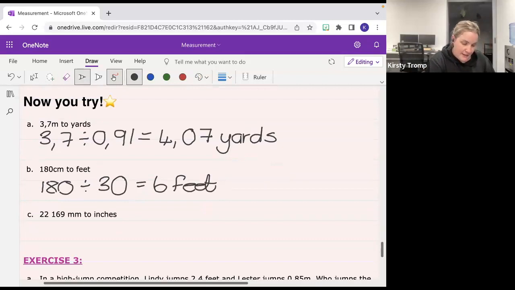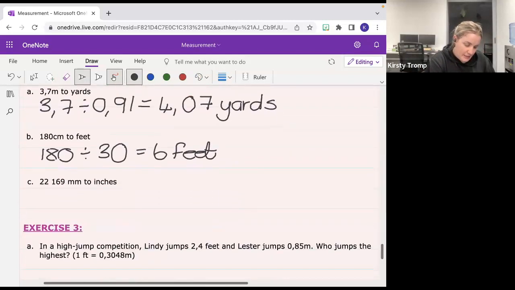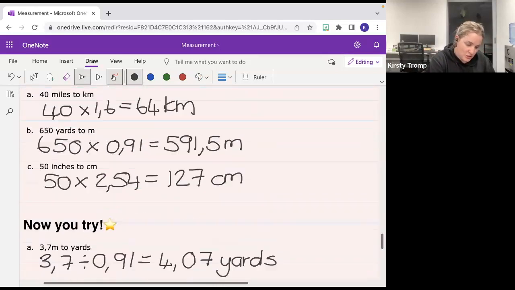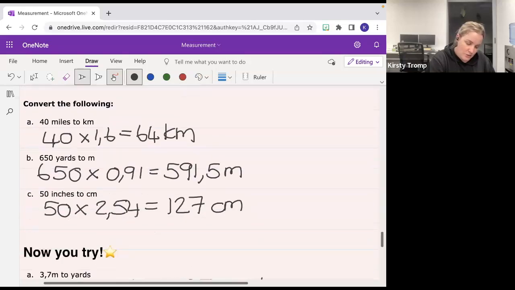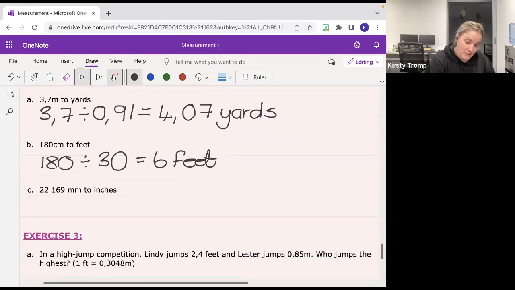And finally, my last one is 22,169 millimeters to inches. And so to get from inches to centimeters, I times by 2.54. But now what am I doing? I'm going from millimeters to inches. So I only know what centimeters to inches is. So the first thing I need to do is take this and divide it by 10. And that will give me